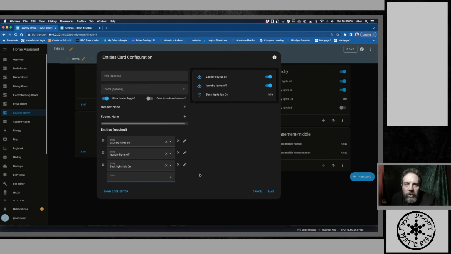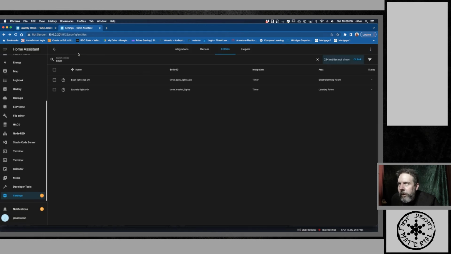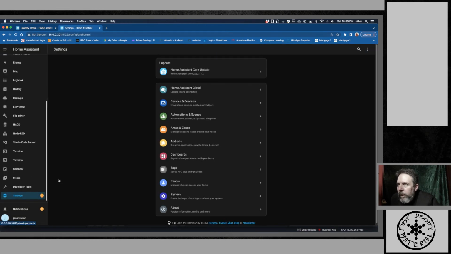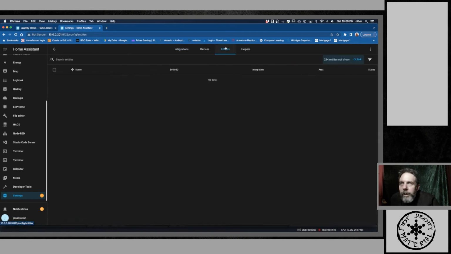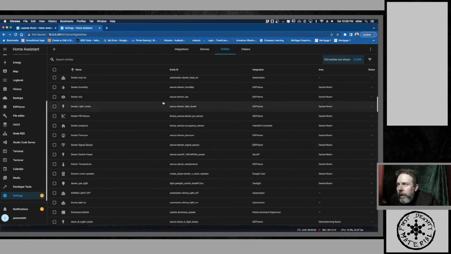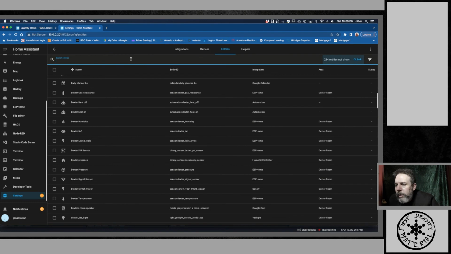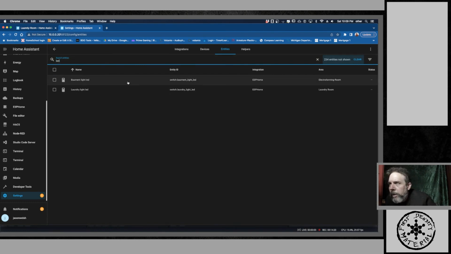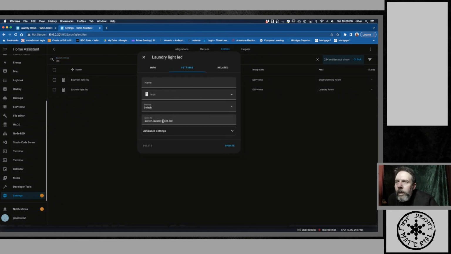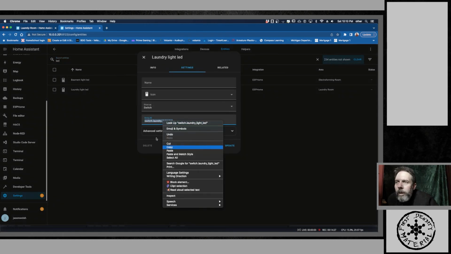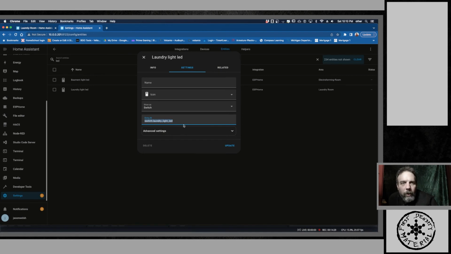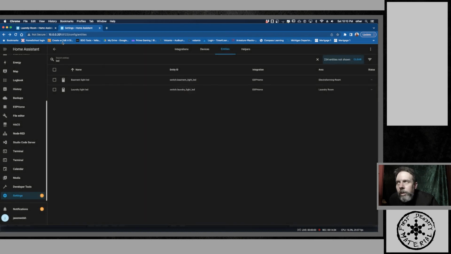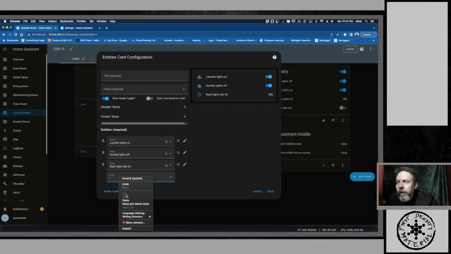What about my switch, right? Well, my switch lives under devices and entities, and that is called something, laundry light LED. And you notice it says switch dot laundry. So that's a good way to tell what an entity is. Could be a lamp or whatever, but